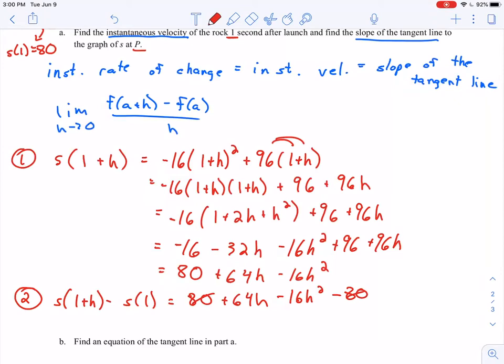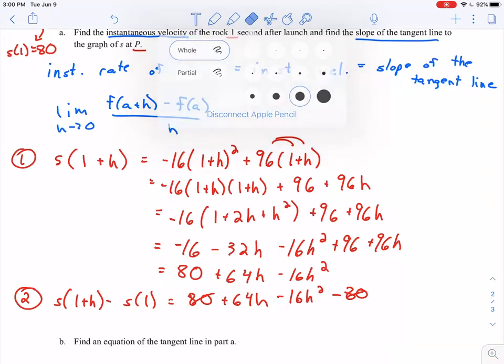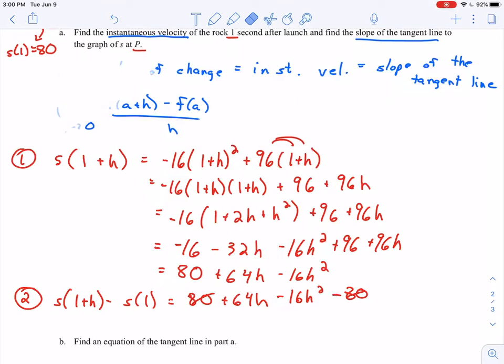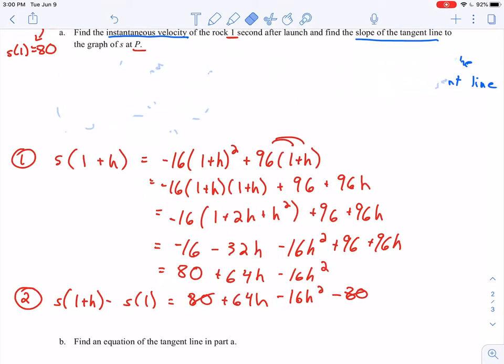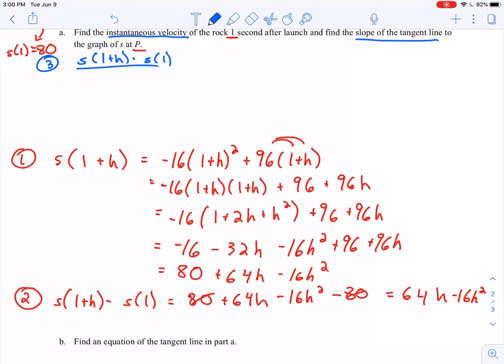Let's see, I guess I'm going to have to double back up to the top here. So let's erase this stuff right here. So I'm left with, at this point, 64h minus 16h squared. Step 3, let's do that in blue so that we don't get too confused here. I want to take s of 1 plus h minus s of 1, take this divided by h. So I'm going to take what I just found, which is 64h minus 16h squared, divide that by h,